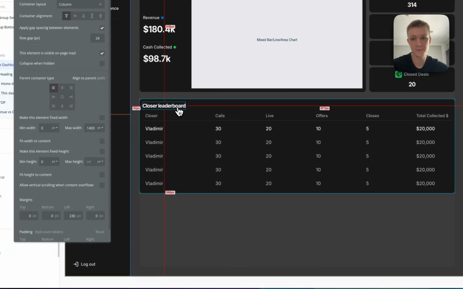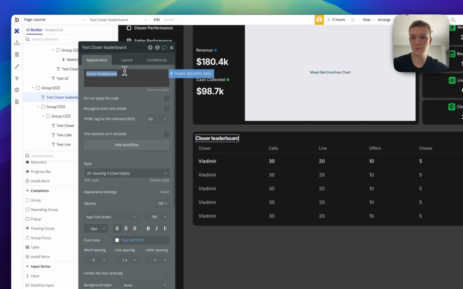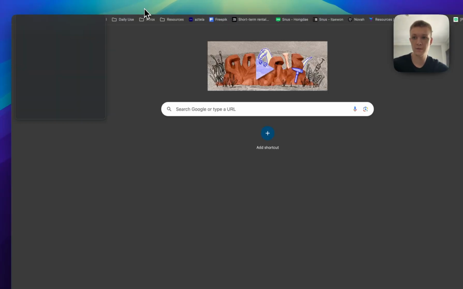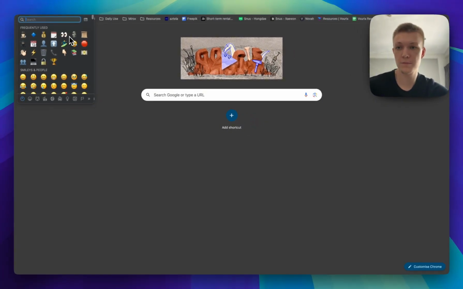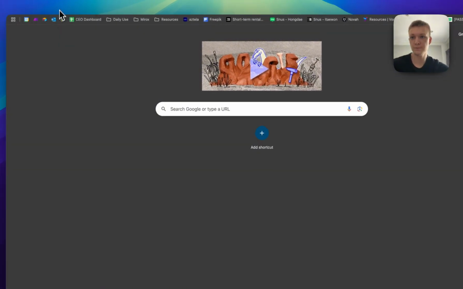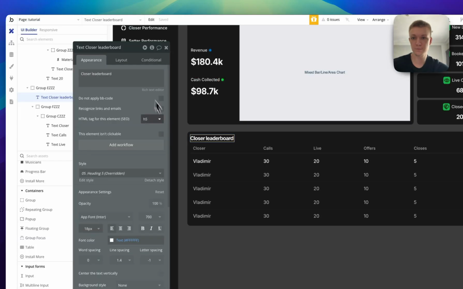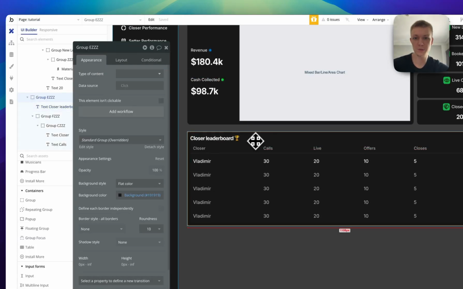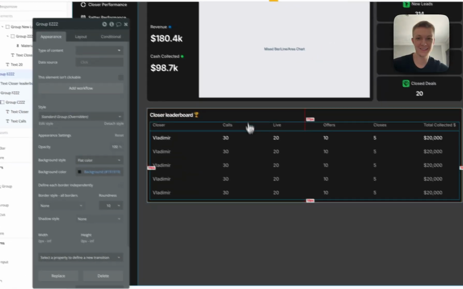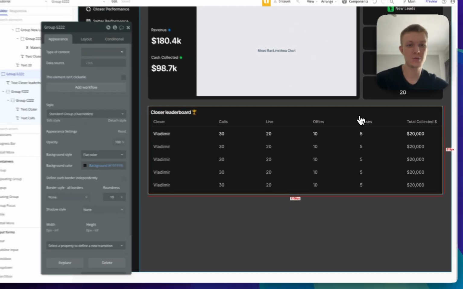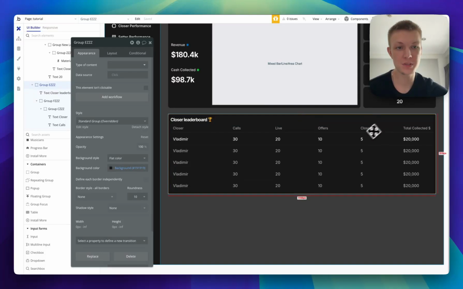Now that looks better, right? Also, I would like to maybe include an emoji. Let's see if I can. Okay, emoji. Right. Awesome. So now that we have the table set up,